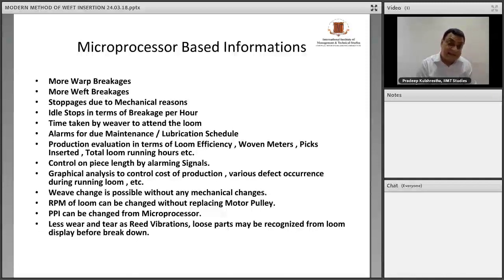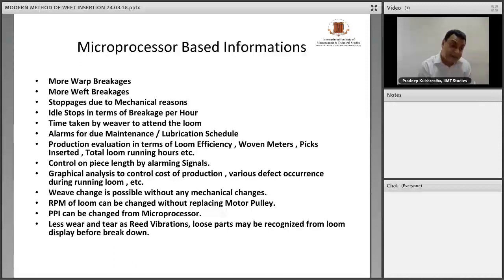The microprocessor based information is manifold. Some of it we are just defining here. Warp breakages can be recorded. Suppose there should be 3 breakages per hour, and the breakages are coming within the range or beyond the range. We can see, and accordingly the machine can be attended. In the same way, weft breakage rates can be recorded. In the same way, stoppages due to mechanical reasons, in terms of stops or breakages per hour, then the troubleshooter has to find the reason